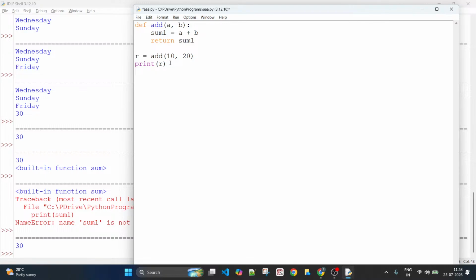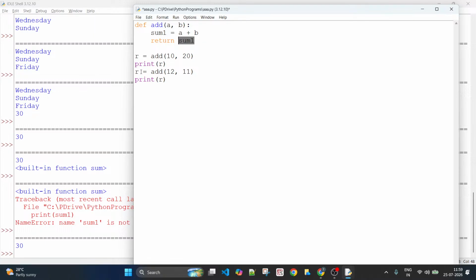So you can probably take another variable or use the same variable also, no problem. You can use add, and this time you may pass different values and you can print R, right? So in this case, 12 and 11 is what you pass, and you should get 23 because the sum is computed as 23.